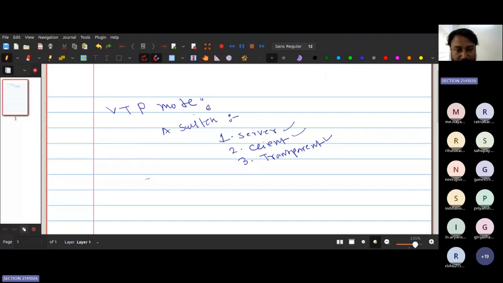So let me draw. Let's say this is switch 1, which is using VTP. So it can go either server mode or client mode. Let's say it has server mode. What is server mode? Server mode is the master switch, the master switch which creates VLAN. So the server switch,